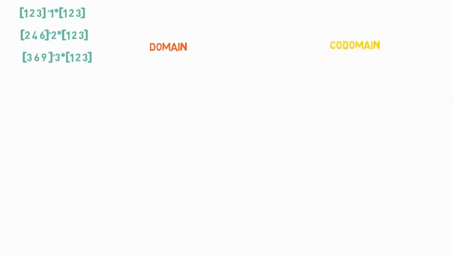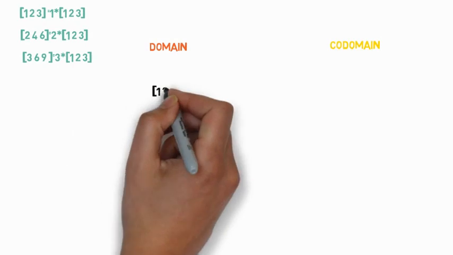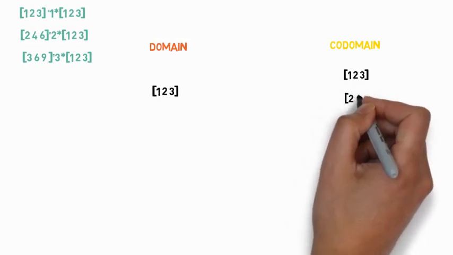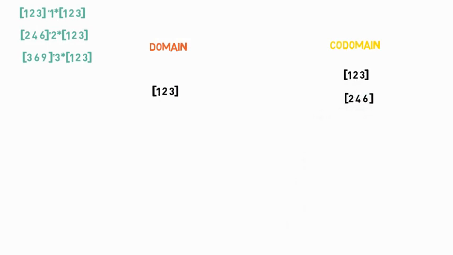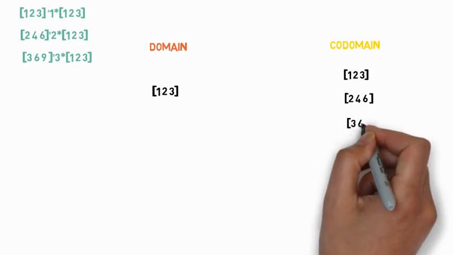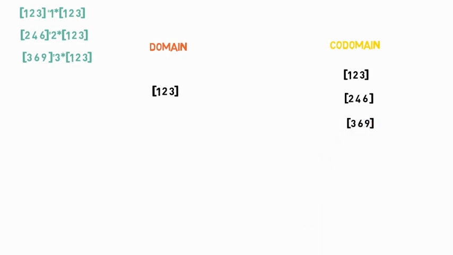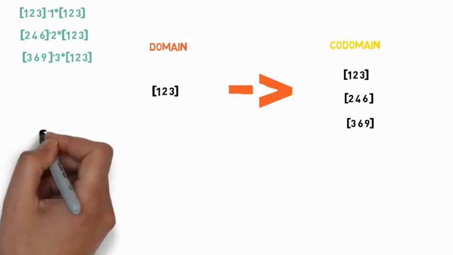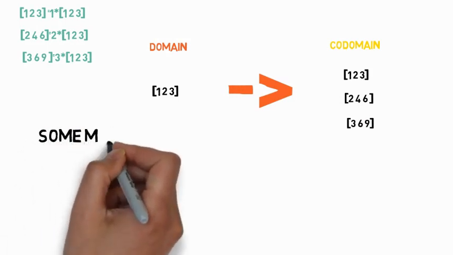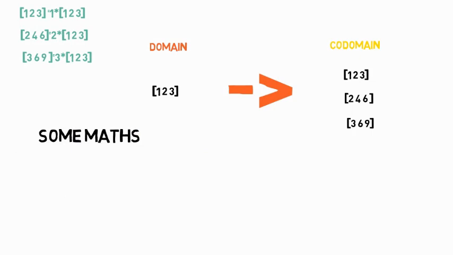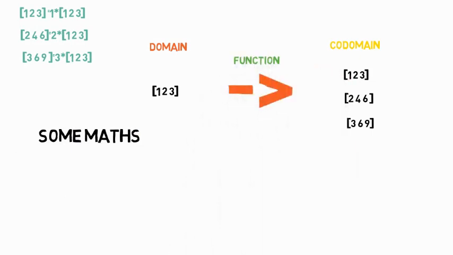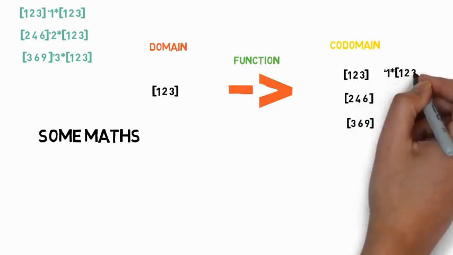This is done by taking 1, 2, 3 in one set, which is called the domain, and 1, 2, 3, 2, 4, 6 and 3, 6, 9 as the codomain. Now you are just doing a mapping from the 1, 2, 3 to 1, 2, 3, 2, 4, 6 and 3, 6, 9. Here you would need some mathematical identities or formulas to map these two sets. What can I use to map these two sets?